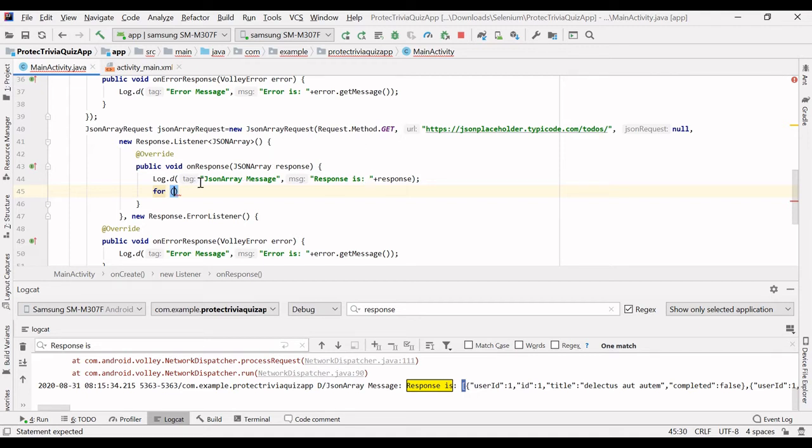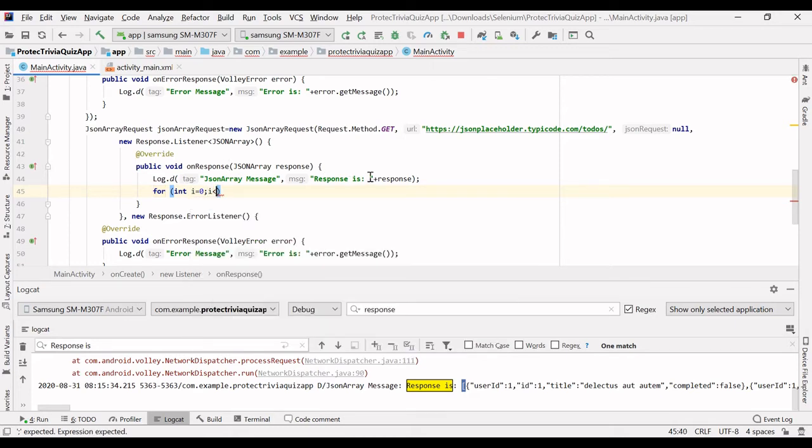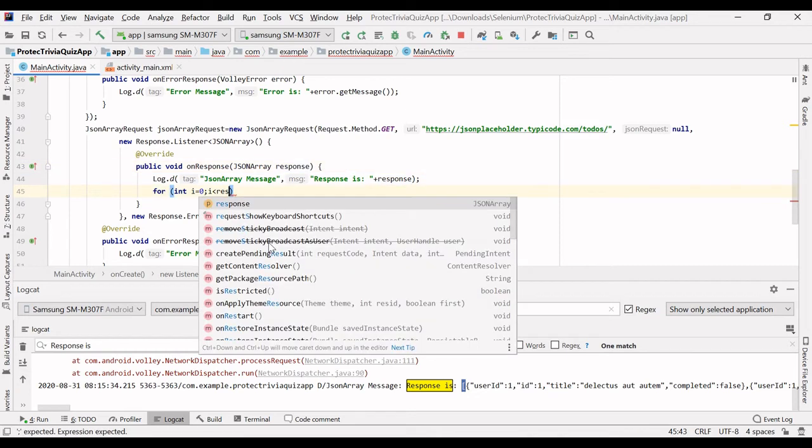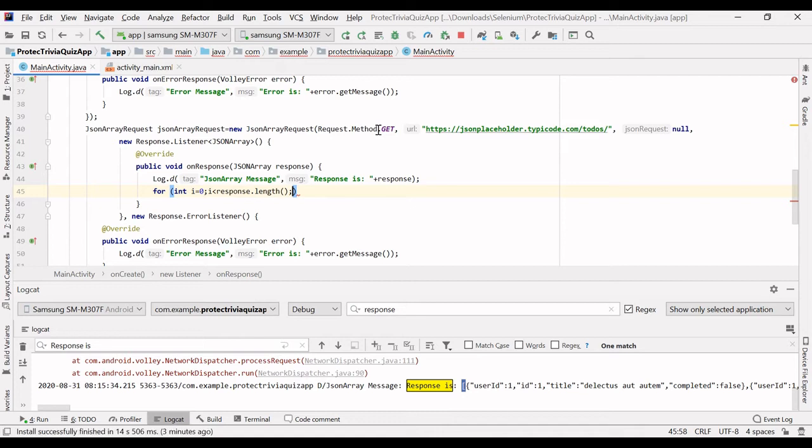I will write int i equals 0, where i is less than response length. So the same length method I will use, and i plus plus.